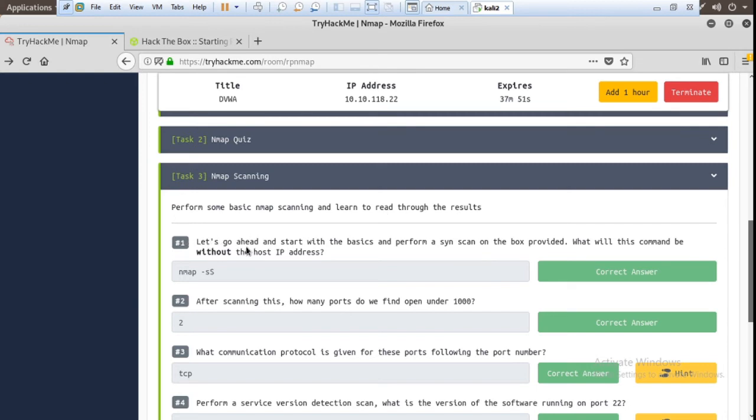First question: let's go ahead and start with a basic scan and perform a SYN scan, that means -sS, on the box provided. What will this command be without the host IP address?